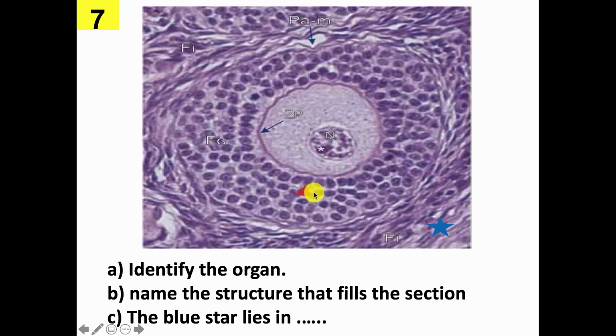If he asks you about this red arrow, these are the granulosa cells. This one is the zona pellucida. This cell is the primary oocyte. This structure is the nucleus. This structure is the nucleolus. And then we have here the stroma cells, or cortical stroma, present around this